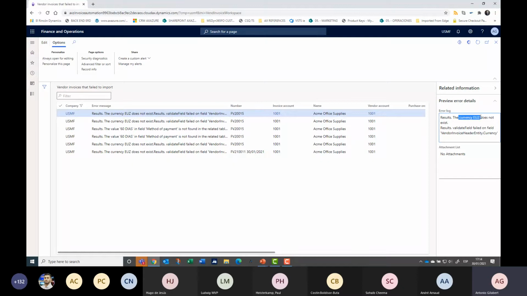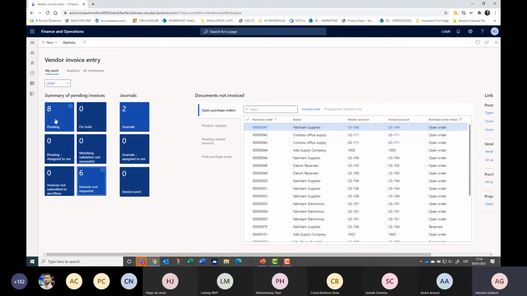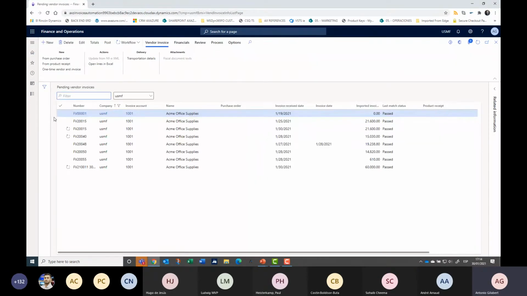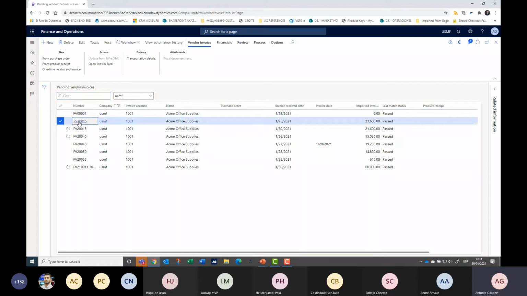So you don't need to develop any integration error logs, because it's here, inside the system. Really, really useful. If we go here to the pending invoices, we can identify this form, and it's really nice to find, for example, this one, finishing in 15.